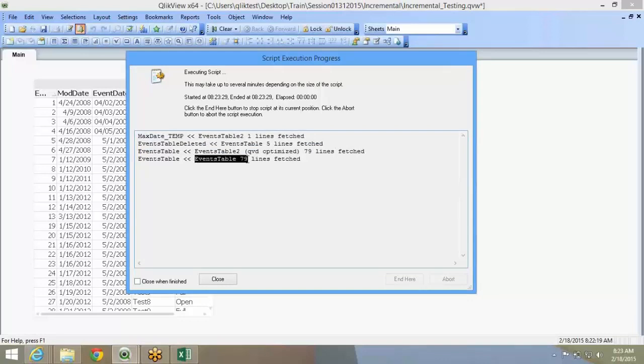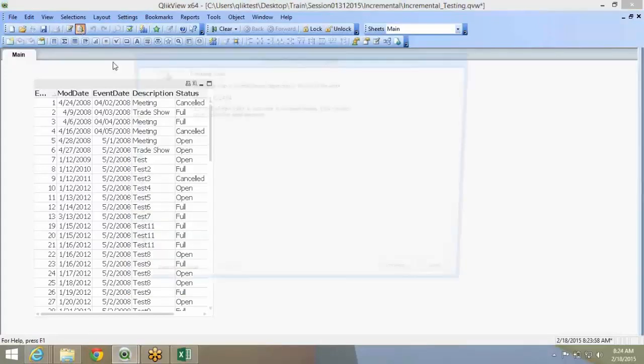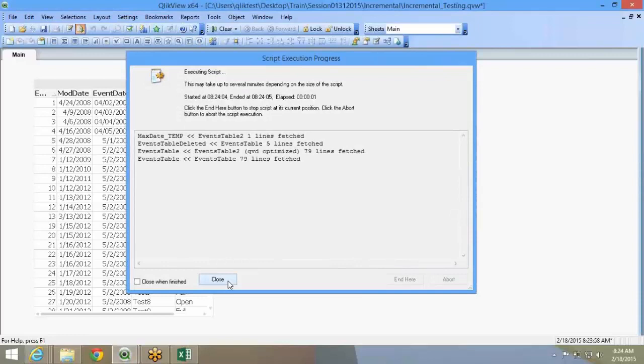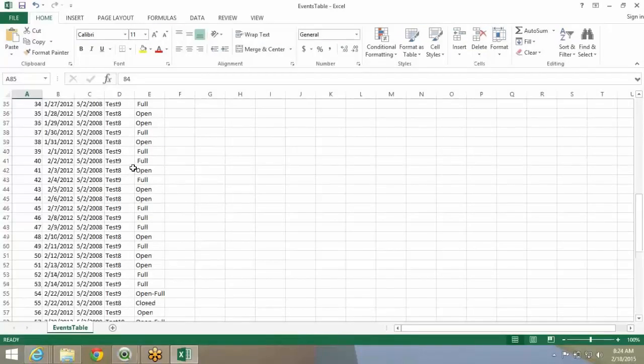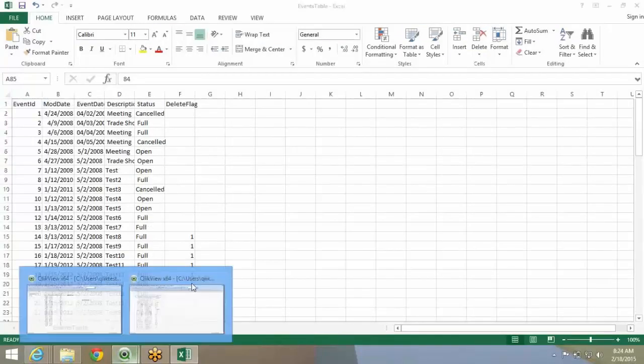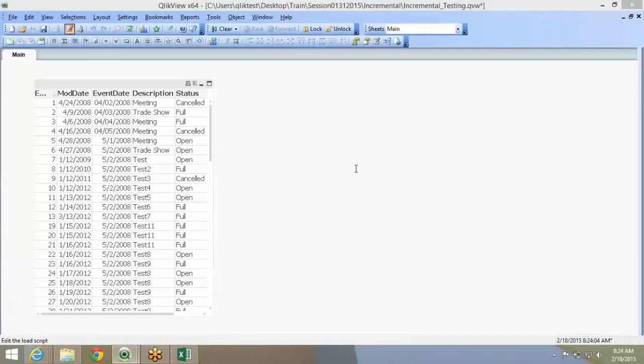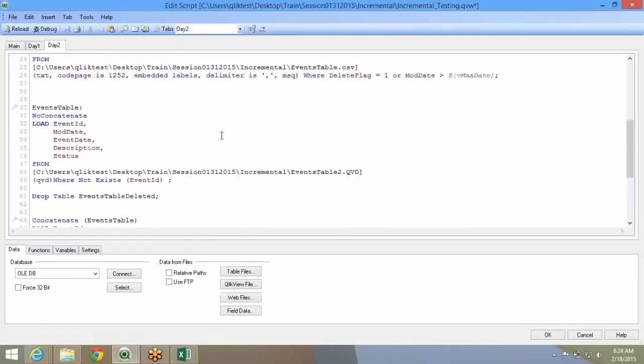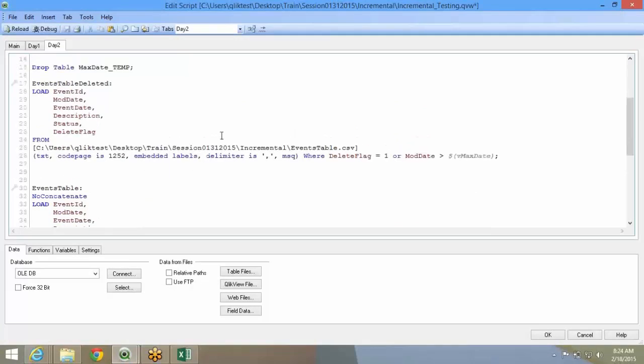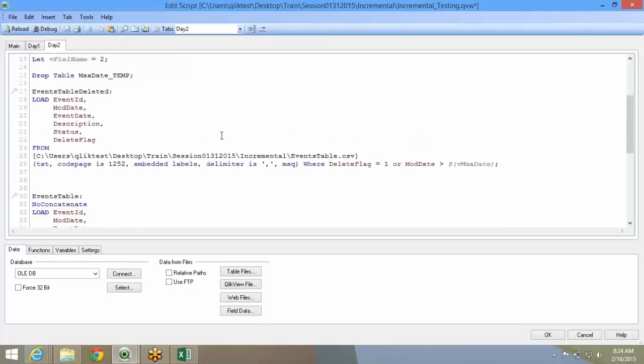If you look, you observe this, right? My last store is 79 records. Now the events table has been marked as deleted, but we have already deleted those lines. That's why this 79 is untouched. Now I'm not making any change. If I still keep reloading, my final result will still be 79. It won't do anything because there are no changes. I tried to do something else. I think that earlier script didn't work well. So I think this is the logic. This is one of the preferred logics.